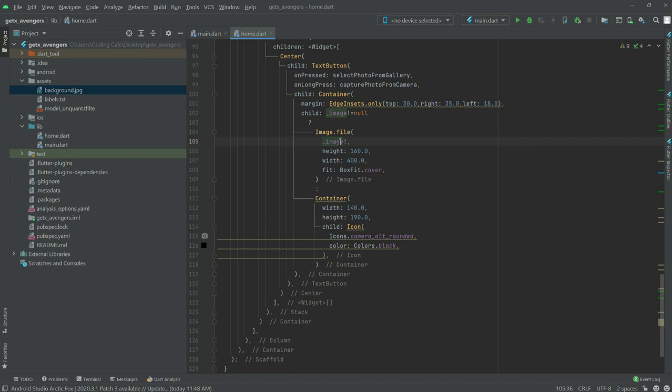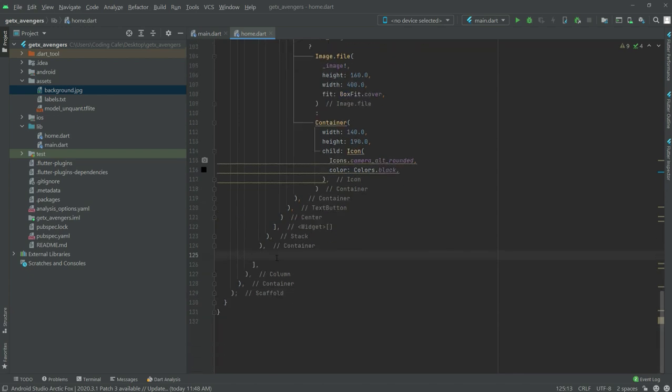Okay, so that's fine in here. And now right after this container put a comma first, and right in here let's scroll it down. In here we will first set the size box to create some height between them. Okay, give the height to 160.0, and right after there will be a container,